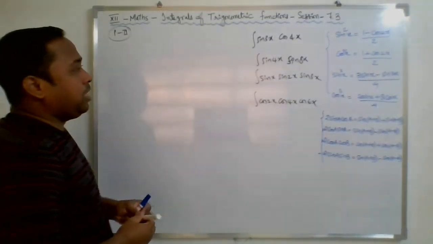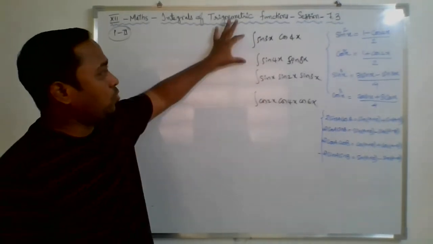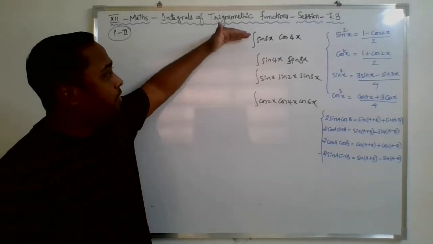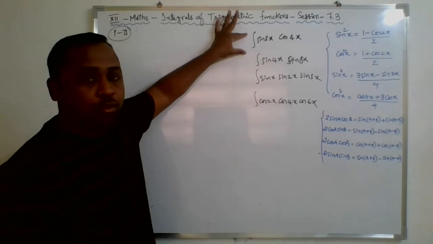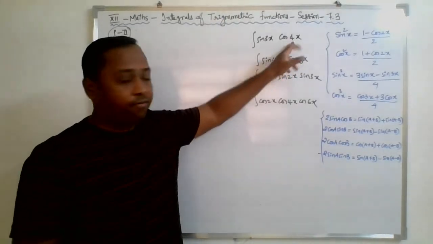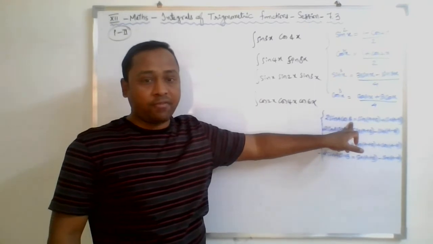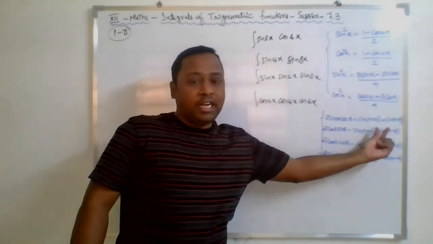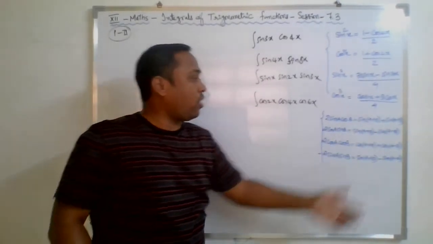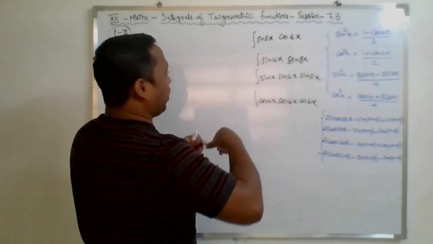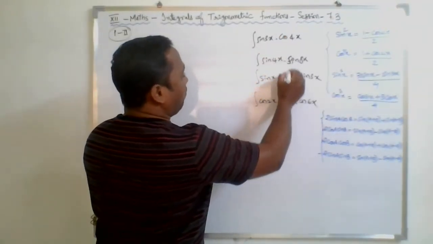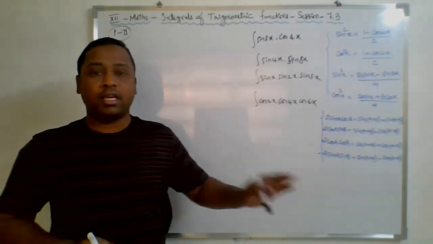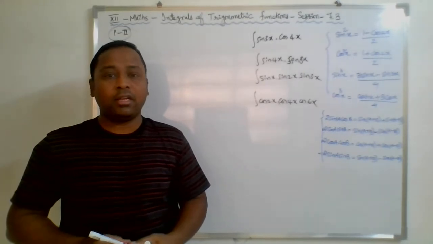Now you can see simply, if you observe these first two, if you are able to solve the first two means next two automatically will be done. So first I will take this one. If we closely observe this one, this is sin A into cos B form. Sin A into cos B form means the 2 will go in denominator from this identity. So ultimately this product is going to be converted into addition and subtraction. The product of T ratios is converted into addition or subtraction.